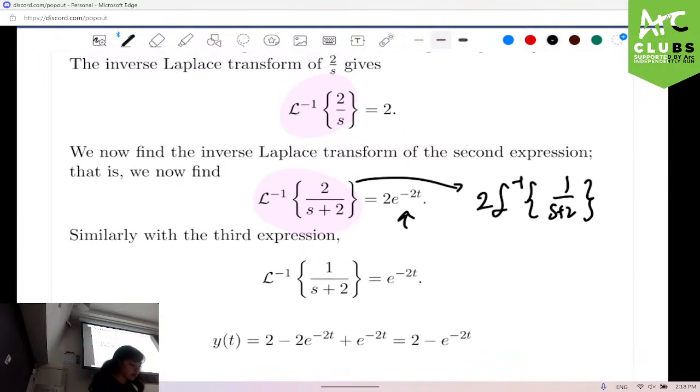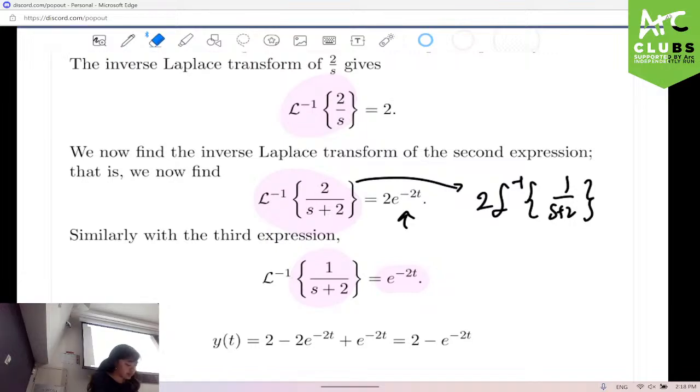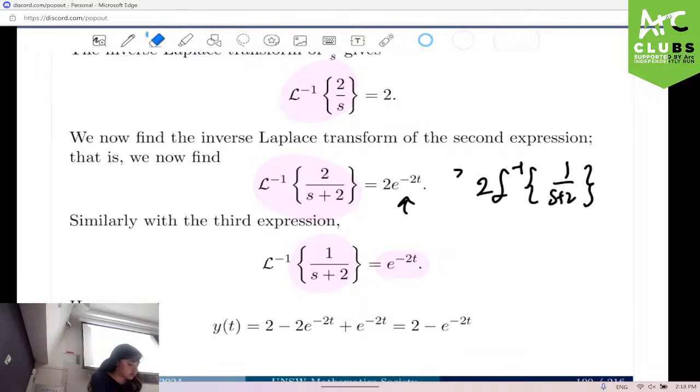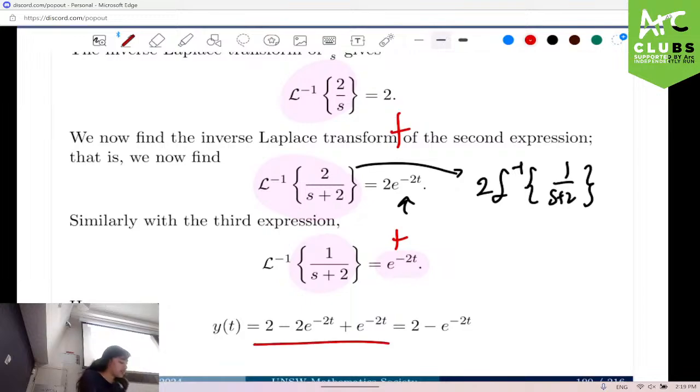And then same thing with the third expression. Right? So therefore we just add all of these up. We will get 2 minus 2e, and then you're like, oh wait, isn't this the same thing? Oh, okay, minus it. Eventually you will get 2 minus e to the power of minus 2t. Okay,